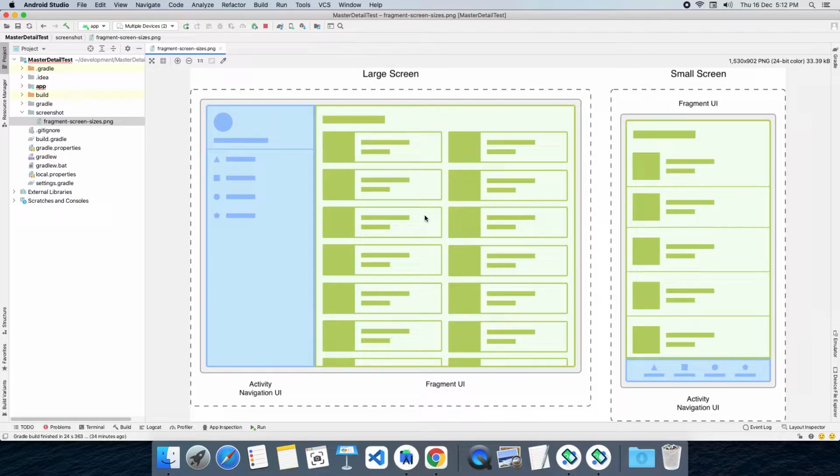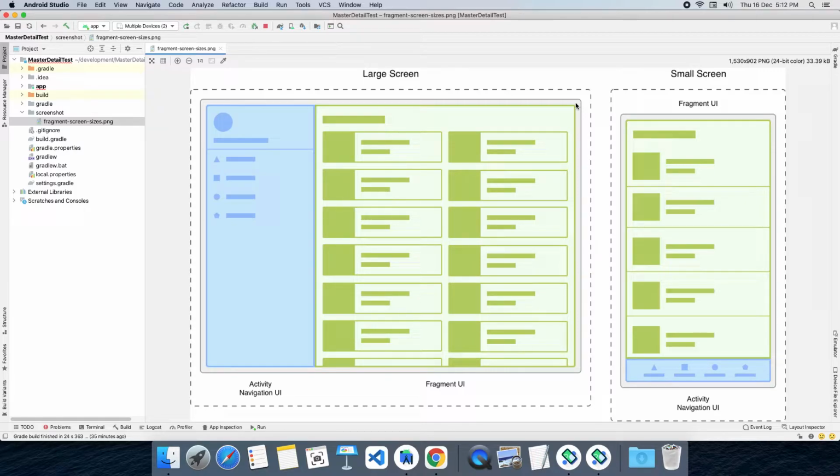The problem is the different screen sizes. Take a mobile, it has a small screen size. Take a tablet, it has a large screen size. In the activity approach we have 5 screens, 5 activities. When we display one screen at a time on mobile, it looks perfect, but when it comes to a tablet, it has lots of empty spaces, because in the market we have 10-inch screens that display only a small content. So Android felt this is not good for a good looking user interface.